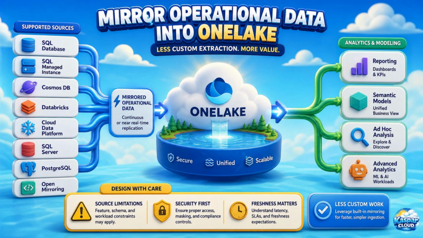Mirroring is particularly useful when analytics teams need operational data synchronized into Fabric for reporting, analytics, and downstream warehouse modeling. Organizations should carefully evaluate source system impact, replication latency, security boundaries, governance controls, network considerations, and consistency requirements before implementing